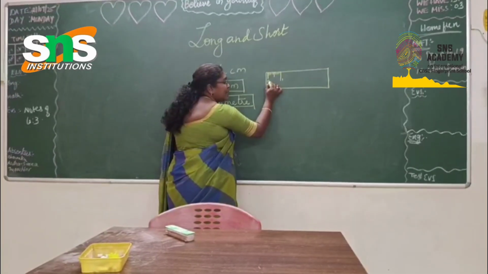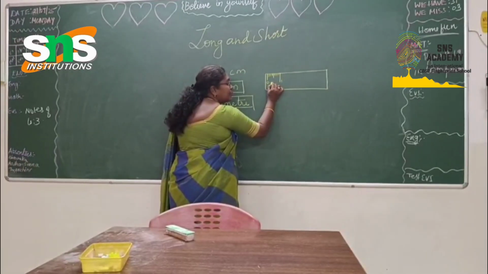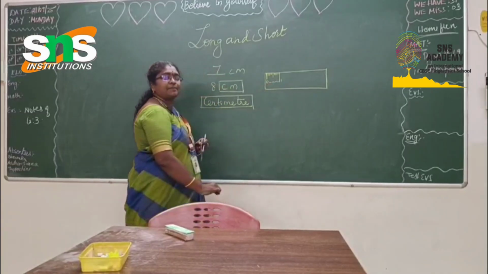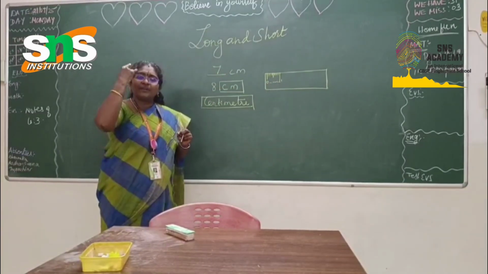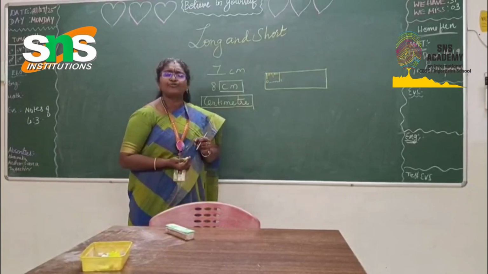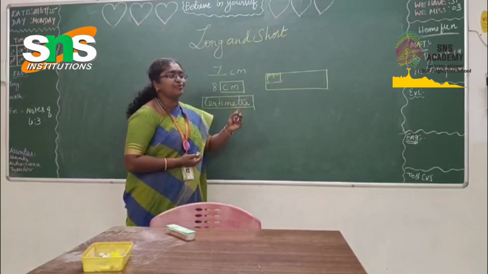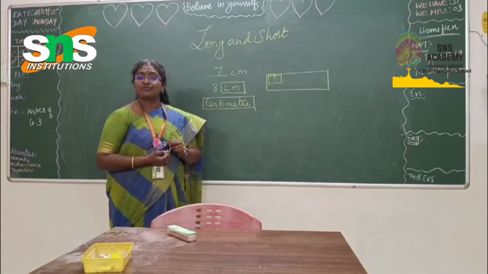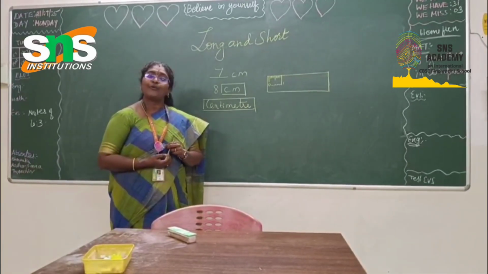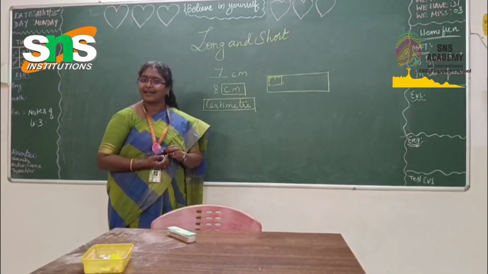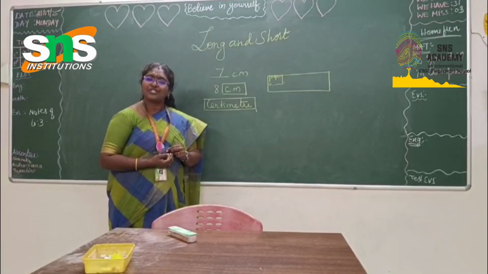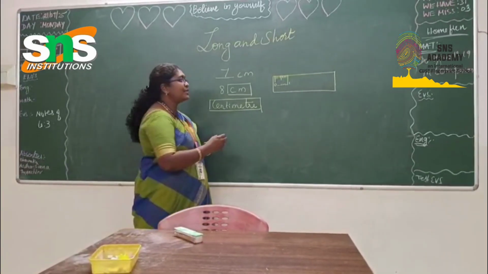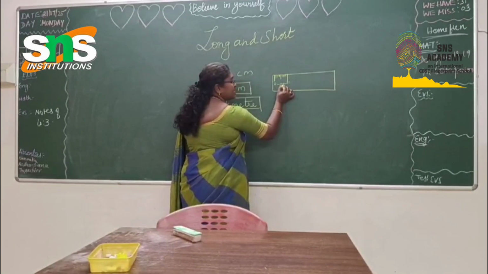You will be asking me, from 0 to 1, what is the unit? This is called millimeters. Something will be rising in your mind: why is this millimeter so small? What is the use of millimeters? Children, have you seen houseflies and ants around you? They also have some length, right? Yes, you are right. So to measure the smallest things, we will be using millimeters.